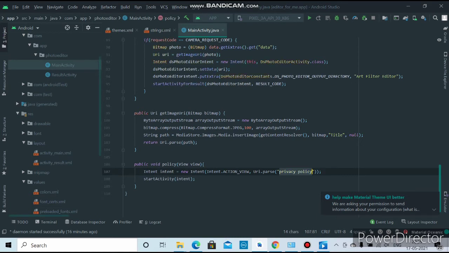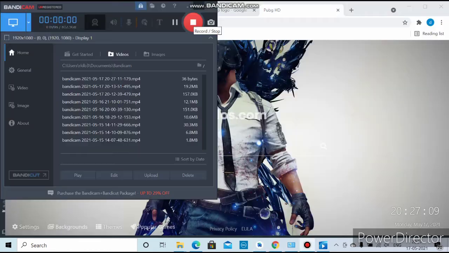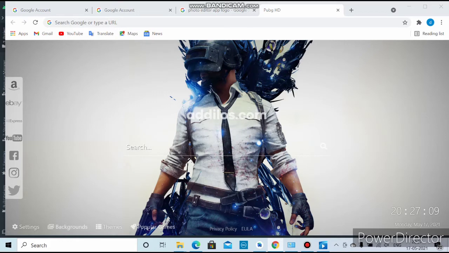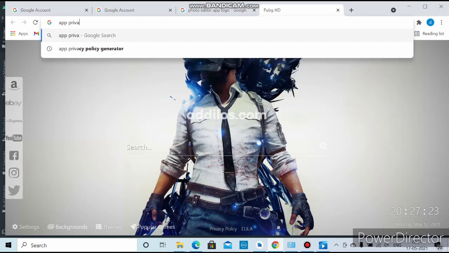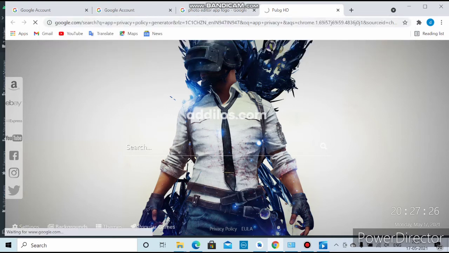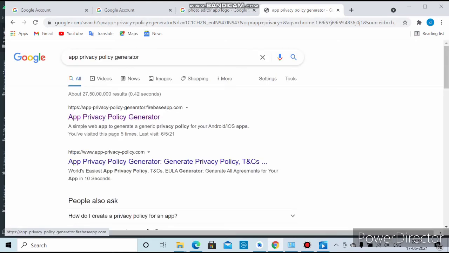So for generating the privacy policy, you want to open your browser, and after opening the browser, let's type app privacy policy generator. After searching, you want to click on the first link.